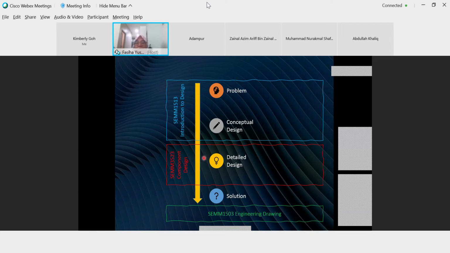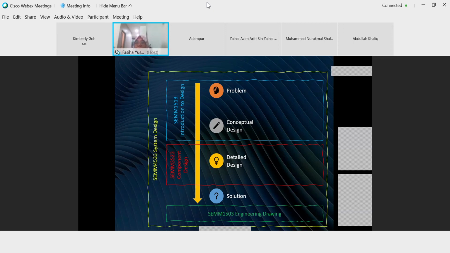And then you continue with component design. You have all the knowledge first, and then you will be able to do this detailed design that you learn in component design. In component design, I guess you remember what you learn here. You learn about bolts and nuts and welding and everything. And you seriously need the knowledge of solid and static here, right?